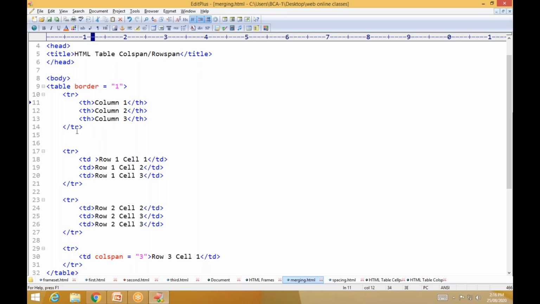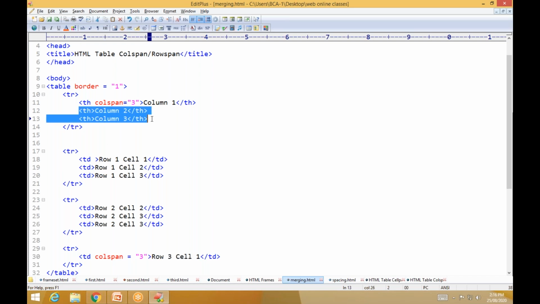In the first row I want to make it 3. So how to do it: colspan equal to double quote, you have to write 3, colspan equal to 3, save.